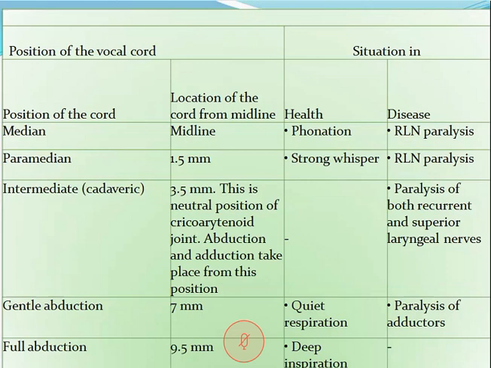You can see sometimes during deep inspiration the internal parts of the subglottic area, any pedunculated masses or hemangiomas like that, or you can see malignant growths coming from the inferior surface of the vocal cord also. And you can see 2 or 3 or 4 tracheal rings also in these conditions of full